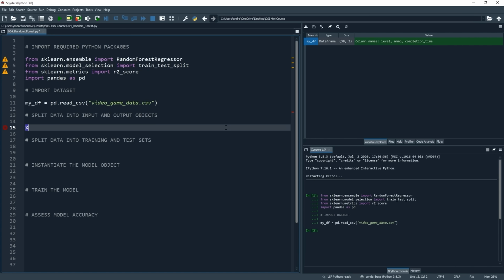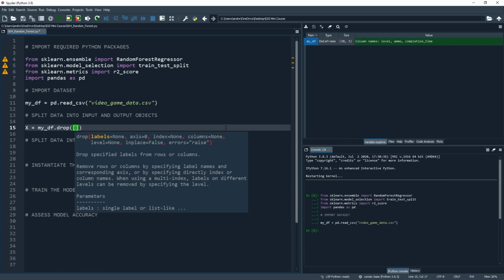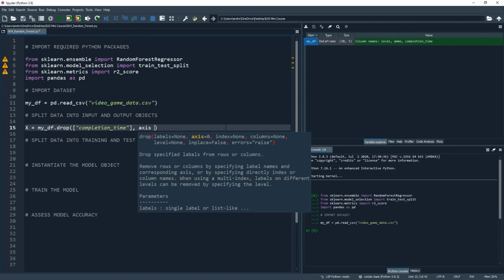So for our X object, which will contain our input variables, so level and ammo, we're just going to take a shortcut and just drop the completion time column instead. So let's put x equals my_df dot drop and parentheses. Within the parentheses, we're going to put a set of square brackets and then specify the column that we want to drop. So this here will be completion_time. Then after those square brackets, let's put a comma, and then we're going to put axis equals 1.